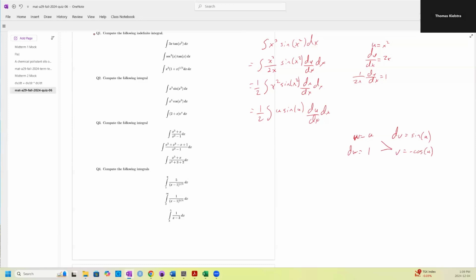Then I teach this alligator method to remember what my formula is. So this is 1/2 times u times minus cos of u minus the integral of 1 times minus cos u du by dx,